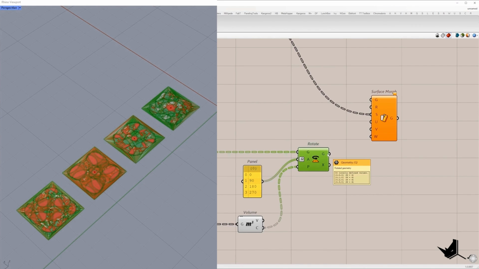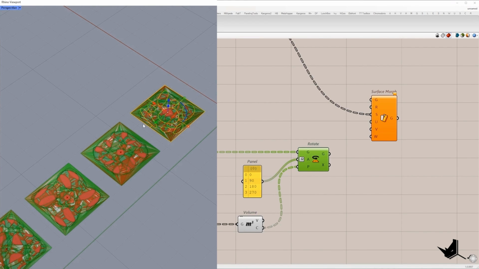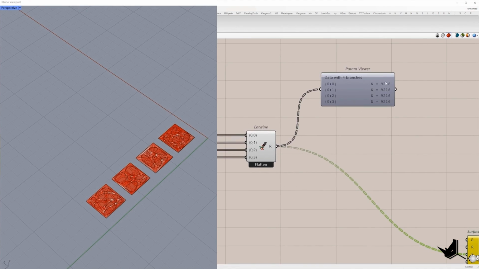So now we have 4 branches. Inside each branch we have 4 items. So let's say here in the branch 0 we have 4 positions of this tile. In the branch 1 the same logic. But here we need to have